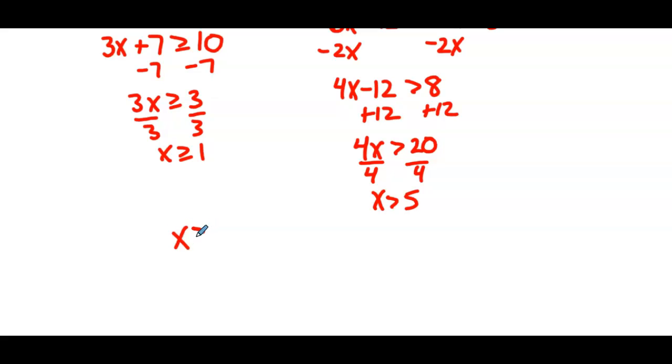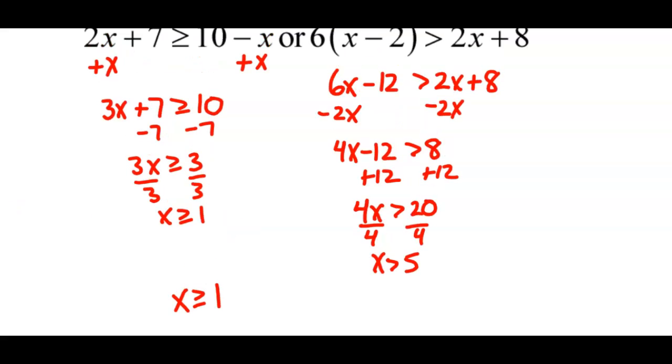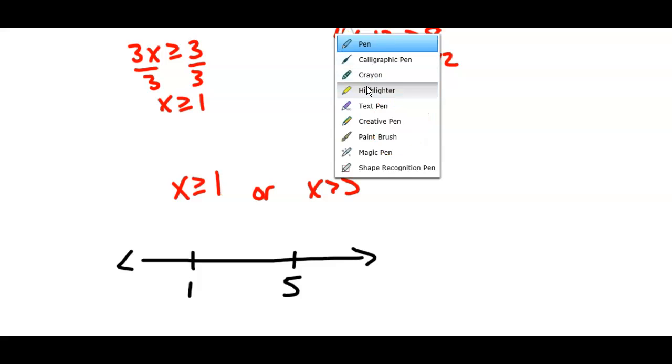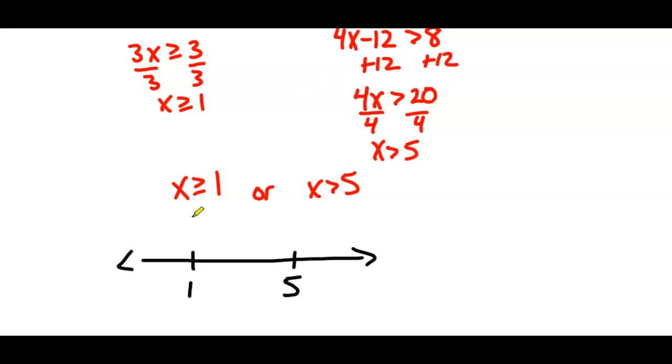So we have x is greater than or equal to 1, or x is greater than 5. So we go to the number line. We have 1, we have 5. So x is greater than or equal to 1, there's that solution set. X is greater than 5, there's that solution set. And it's an or, so we're looking to put everything that we drew in highlighter on